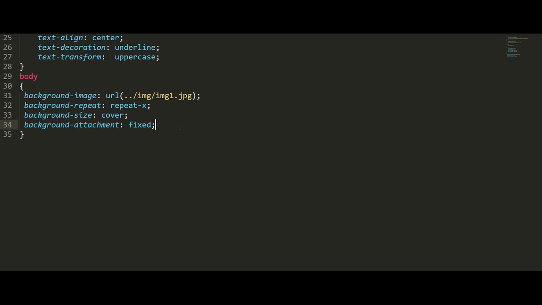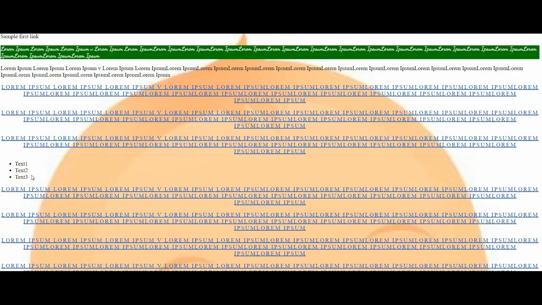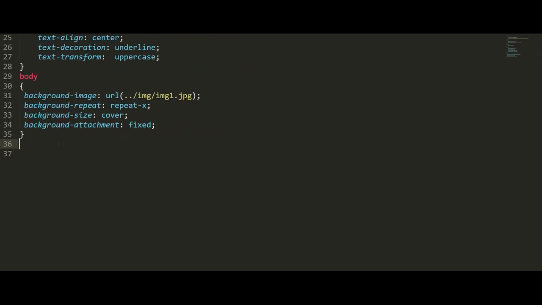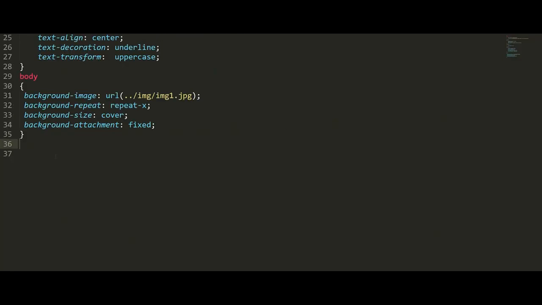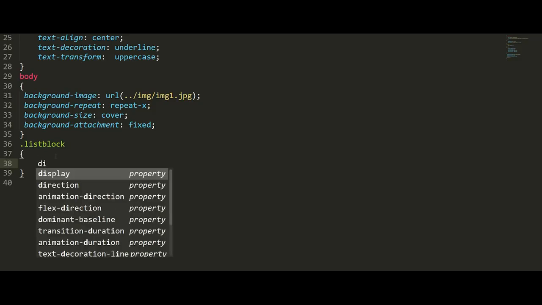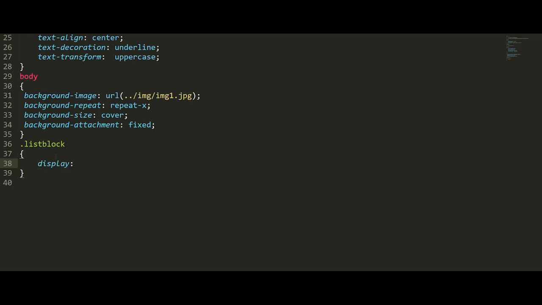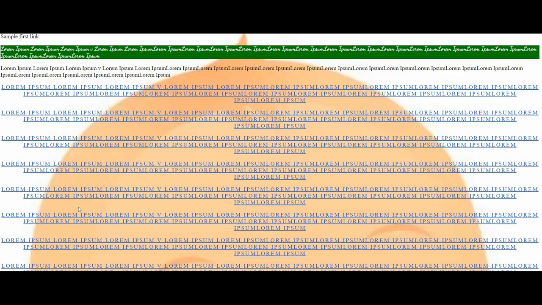So let me see about block properties. Now I have created a list, ul li. Now let me see about a block. For this class, list block, I'm going to give display none, save and go here and refresh.